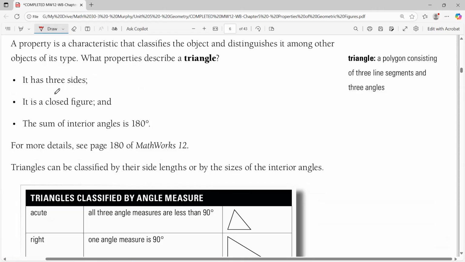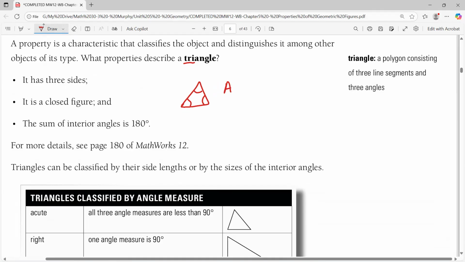Now, first of all, what technically is a triangle? Three sides, right? That's where the tri comes from. It is a closed figure, so you can't have something like that, even though it has three sides, right? It's got to be closed. Okay, so bang, bang. And then the sum of the interior angles. So if you add up all those angles,